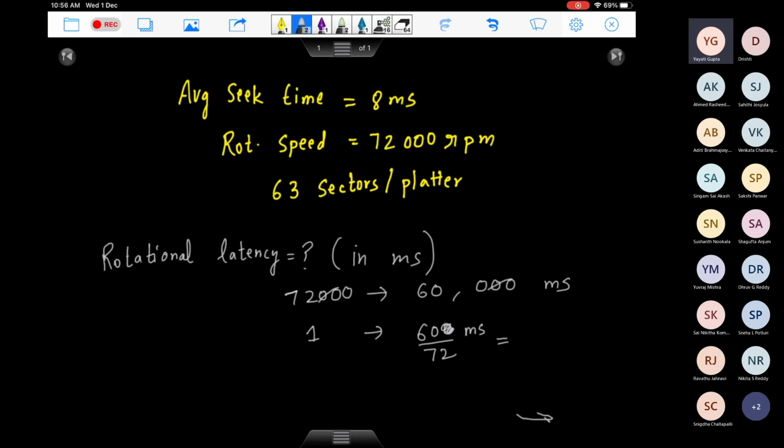And what can we divide it with? So 30 and then 2. Right, something like 5 by 6 milliseconds, right? It comes to, probably, 0.4166. Correct. So this becomes your, so what is rotational latency? Still we have only computed how much time it takes for one rotation. So we have to compute for half a rotation. So your rotational latency will become 5 divided by 12 milliseconds.